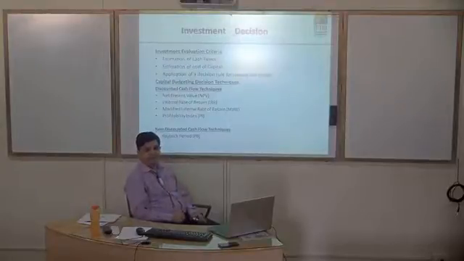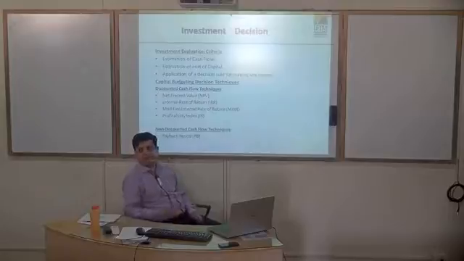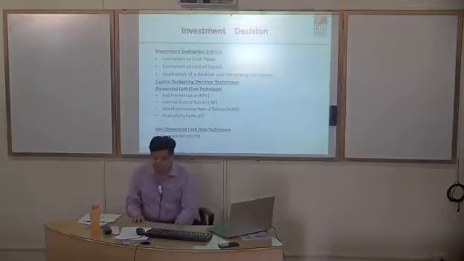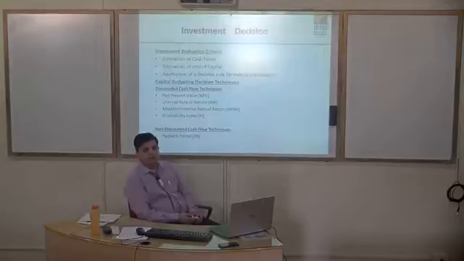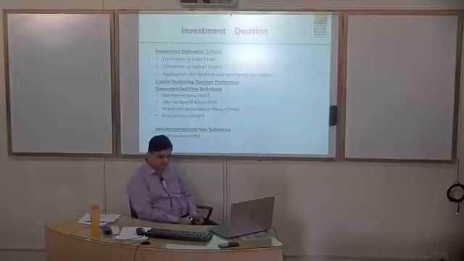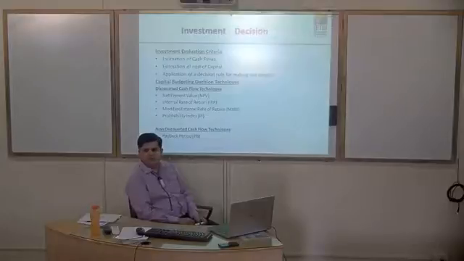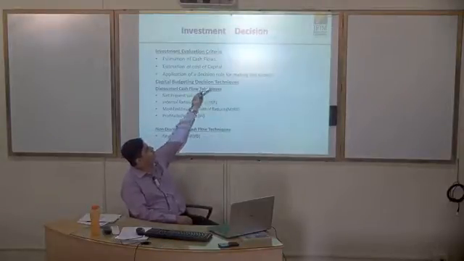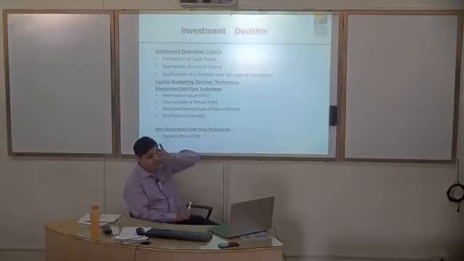Estimation of cash flows: how much cash flows I would get if I do this project at the end of 5 years, 2 years, 3 years. Estimation of cost of capital: how much is the cost that I have to shell out to acquire the capital. Application of decision rule for making a choice. There has to be a logical way of looking at it, so there has to be a decision rule that I have to look at for making a right choice.